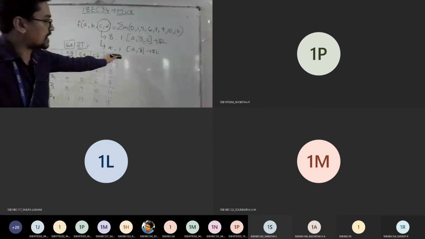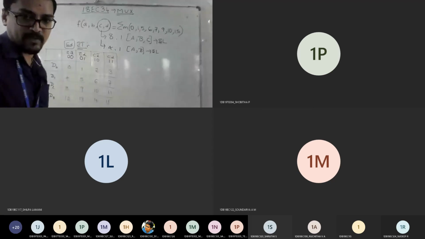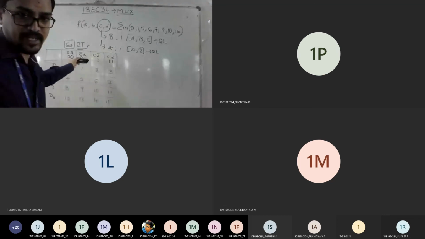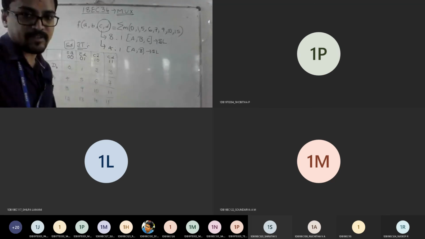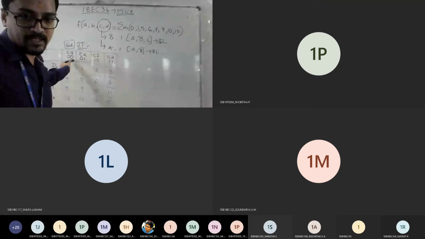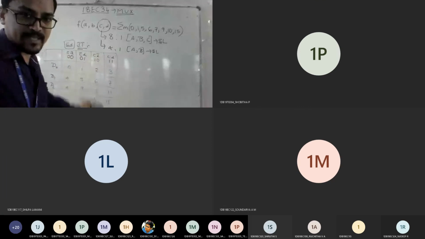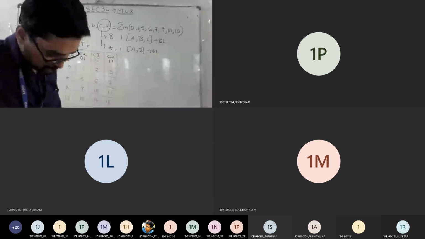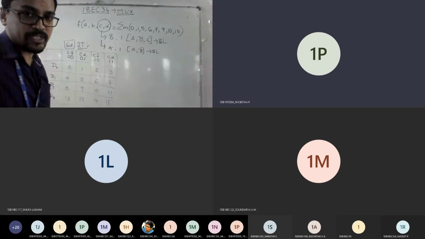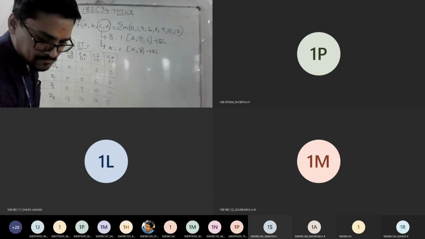Even if they didn't give selection pins, you can go with the same type of implementation table. Anyhow, you require C and D, or AB only, correct? If you take AB as selection pins, then CD will come. If you take CD as selection pins, AB will come, but the table remains the same. Yes or no? Yes, sir. So this is the only change you should remember. Now tell me what all things I should mark here.